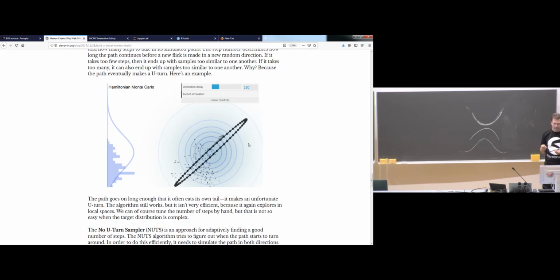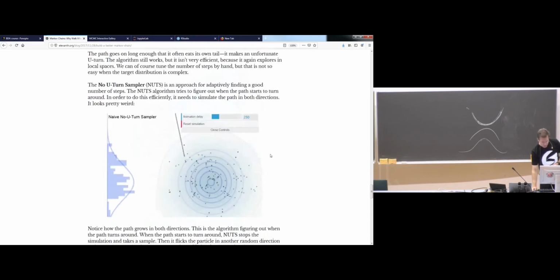The new idea was then to try to detect when this simulation is turning back. And then came the name No U-turn sampler.